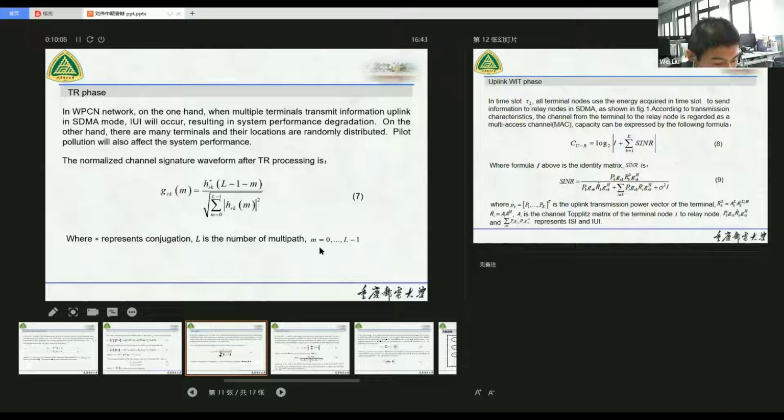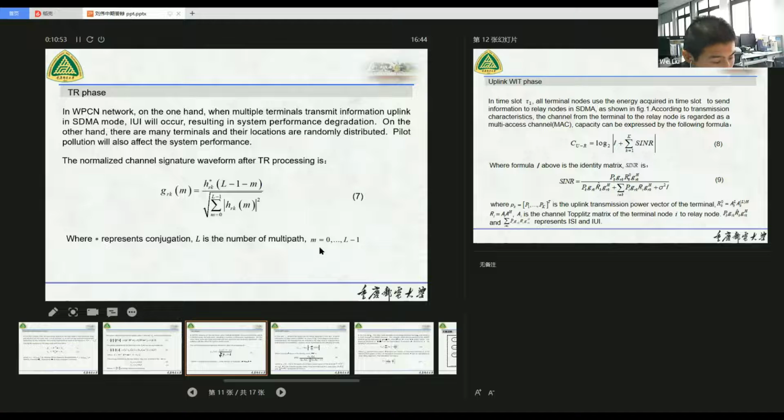What this page shows is the TR phase. The relay nodes and the terminal nodes receive the energy signal. The relay sends the detection signal to the terminal. The terminal inverts the discrete channel impulse response obtained by detection in the time domain to obtain the equivalent channel response, and normalizes it as a channel